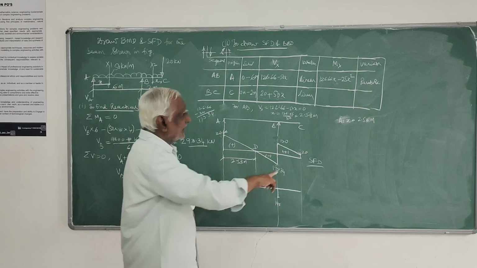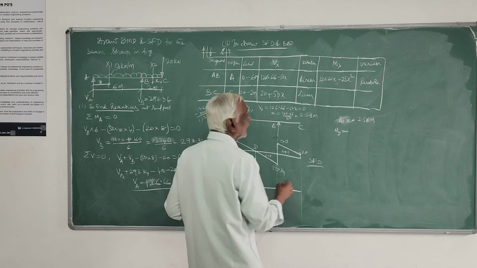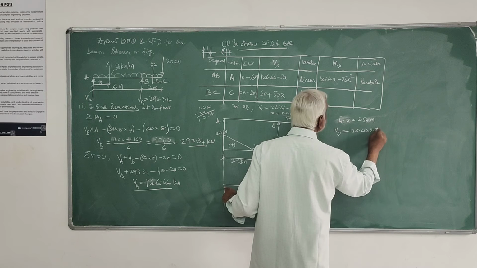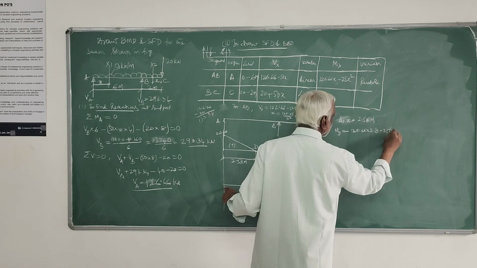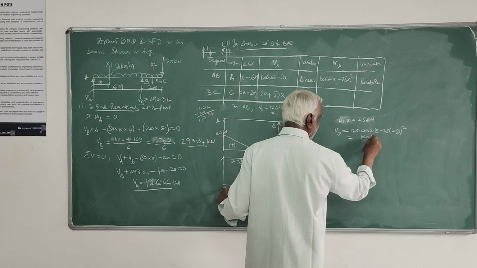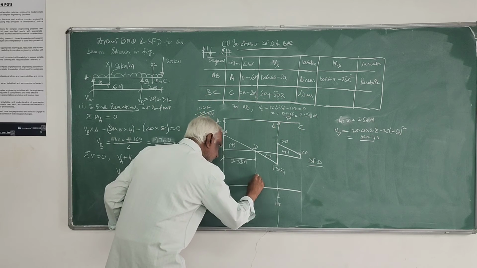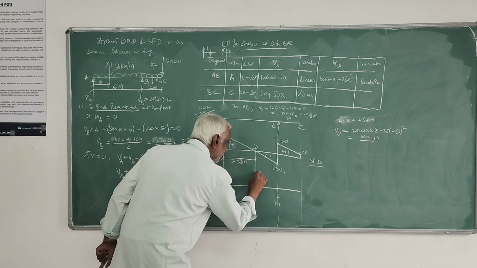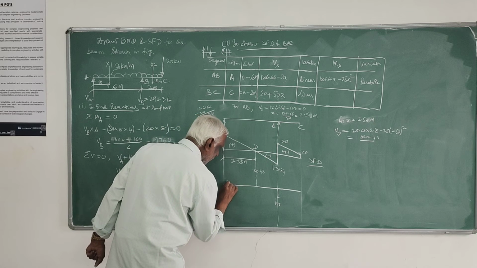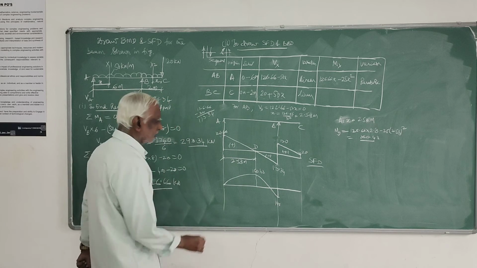That also you determine. At x equals 2.53, that is at this point D, 126.66 into 2.53 minus 25 into 2.53 whole square, which is 160.42. Mind it is positive. So that means here it is positive, 160.43. So the variation is parabolic. Here 0, then it goes to a positive value, then it comes to a negative value.